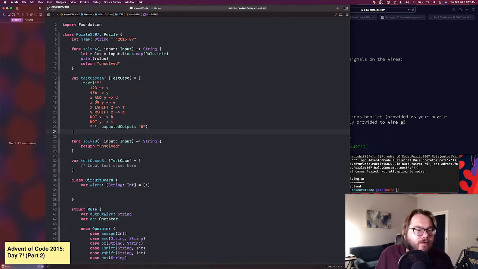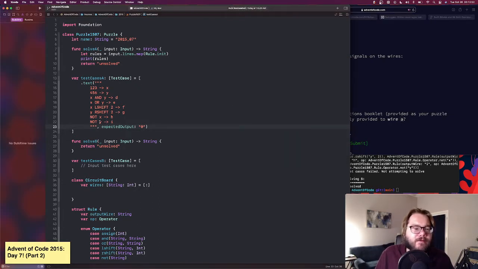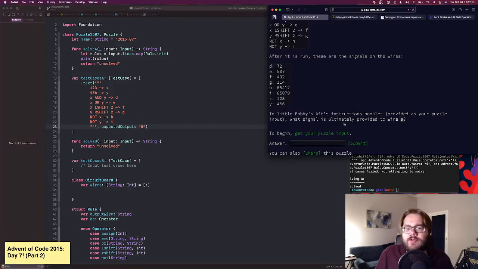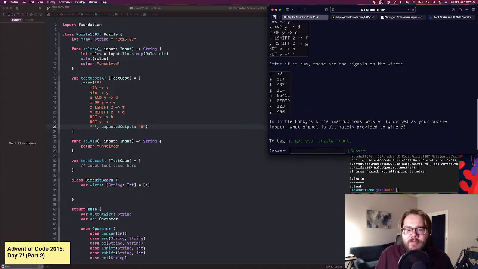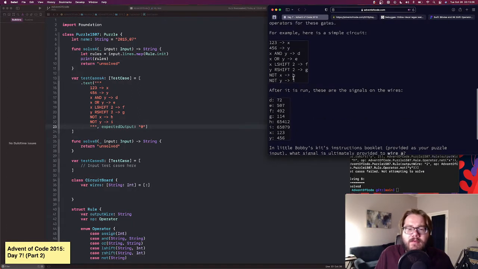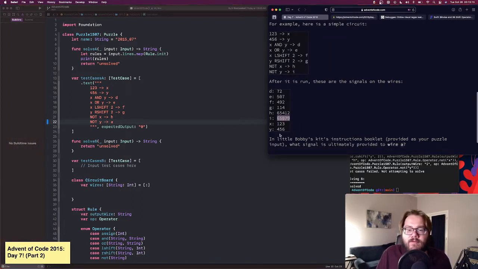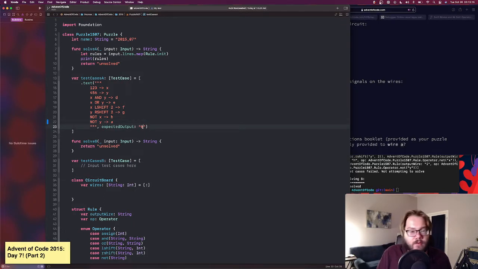I'm looking at this stuff. What is output Y? I'm going to start by updating my test case here, because what we have is, we're supposed to return the output of A, but my test input doesn't have an A wire. So D, E, F, G, H, I, X, Y. I think I want to pick one of these ending to either H or Y. I'm going to pick I. I'm going to change I to A, and then the value of I is 65079. So if we go like this,